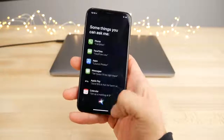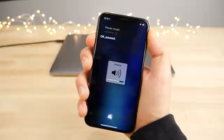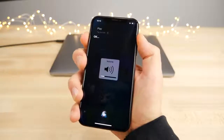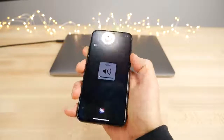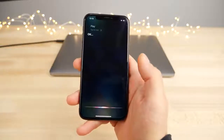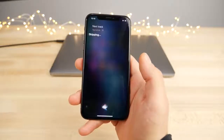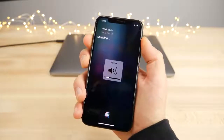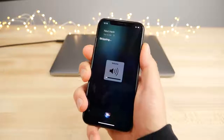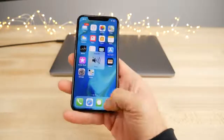So watch this. Pause music, see? And the music was paused. And now, play music, and check that out. Music is playing. Let's ask for the next track. Next track. How cool is that? So you can control in a very limited capacity, play, pause, skipping tracks within the music